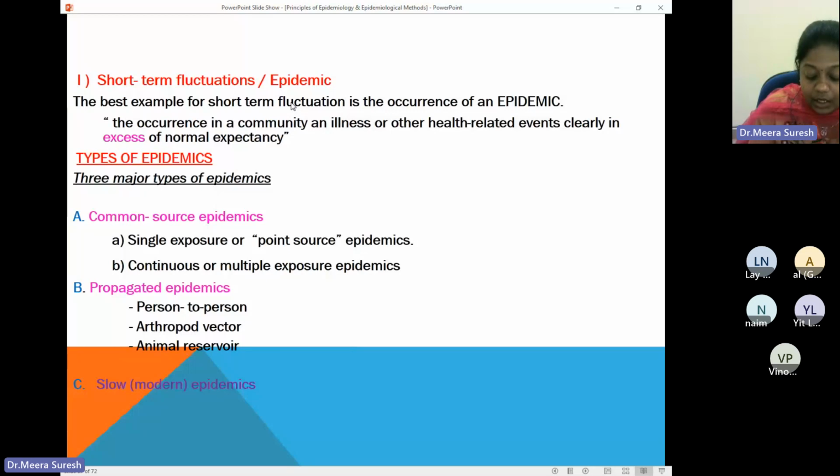Polio is a disease that is on a path of getting eradicated, almost in the process of eradication in different parts of the world. Currently, I think it is existing in Pakistan and Afghanistan. In all other countries, for years, there are no cases of polio. So in Malaysia, suppose tomorrow a case of polio is diagnosed, then also it is considered as an epidemic, because there were zero cases